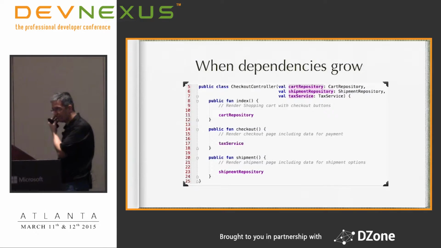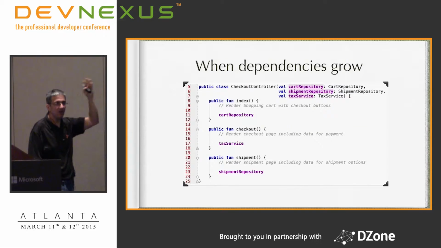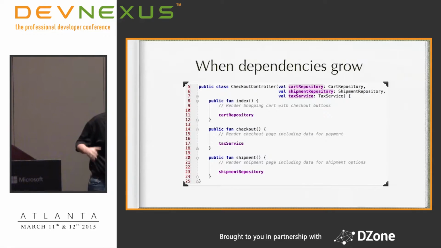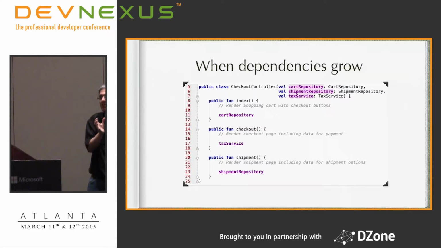Each of these doing different things, okay? How many of you have done this, or something similar? Have you ever noticed, where sometimes you're passing in 3 or 4 dependencies to a class, and then each of these methods are only using one of those dependencies? So you start to wonder, what the hell am I doing? Why am I encapsulating all of this functionality under a single class and then not really using these dependencies across